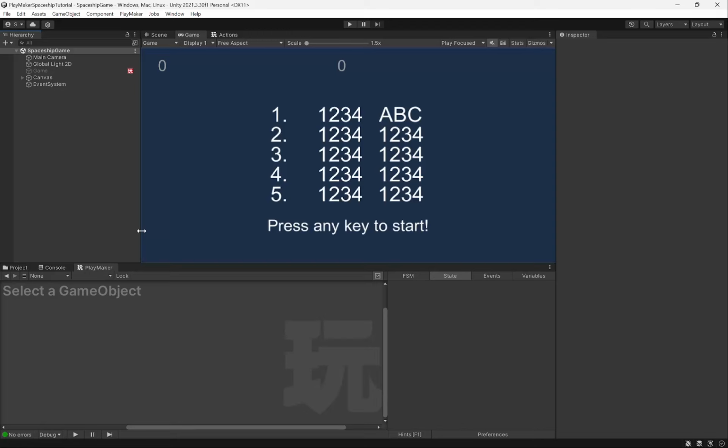Let's set up a system for spawning in our spaceships, and then we'll make the spaceships that actually spawn in and move left and right, shoot at the player, etc. All right, so the first thing, now that we have a lot of this stuff set up,